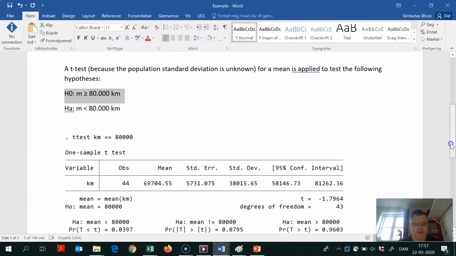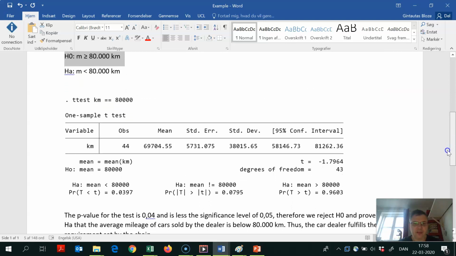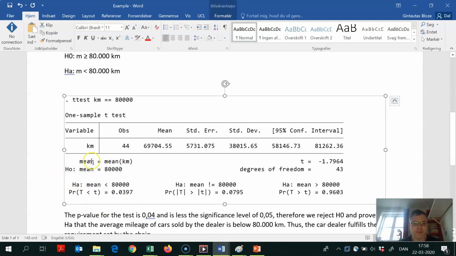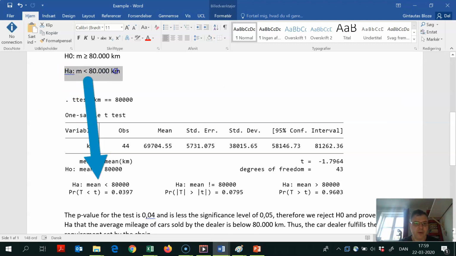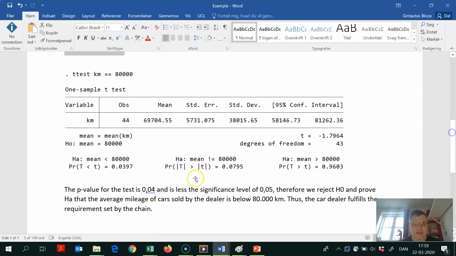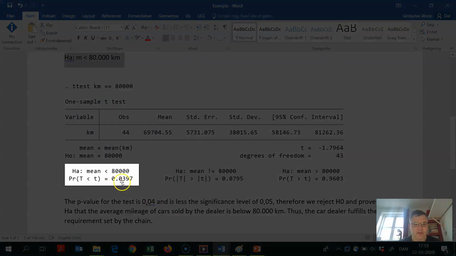After I have inserted the results, it looks like this from STATA. It's the output from the STATA software. Different software of course presents it in a different way, but usually you get all three possible hypothesis tests made. Doesn't matter now what we get: we get a statistic, and we also get a p-value under each alternative hypothesis. Which one is ours? This is why it's always a good idea to state the hypothesis first. We tested if average mileage is below 80,000 kilometers, and it corresponds to this one, a p-value of around 4%